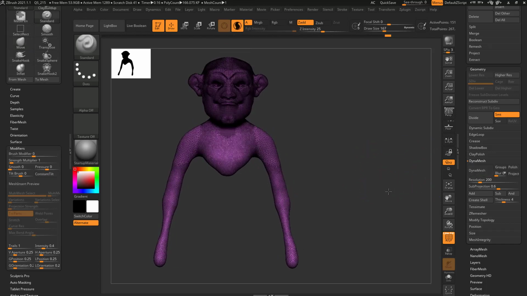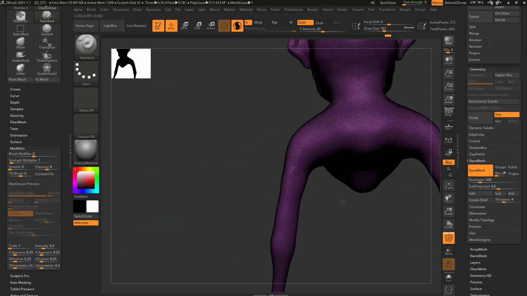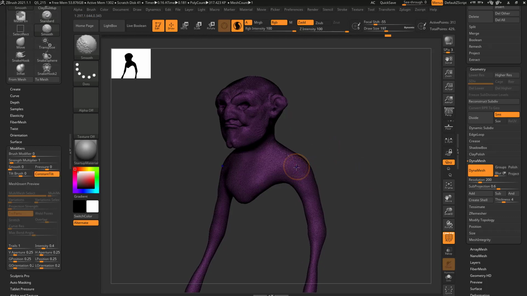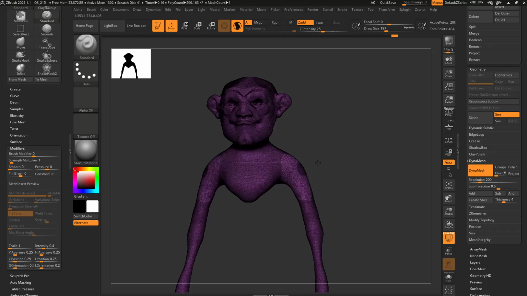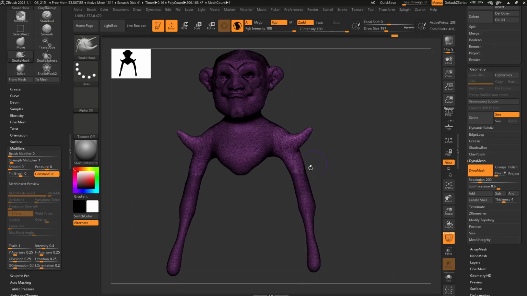Now you're going to see I turned Dynamesh off, and if I go back over here and turn Dynamesh on, it's going to get rid of that tessellation and just re-Dynamesh my object at whatever resolution we have. So you can use Sculptris Pro together with Dynamesh. You can go through here and again go to BSH for a snake hook brush. We can pull pieces out, and as we're doing that, or you can use any brush and go to